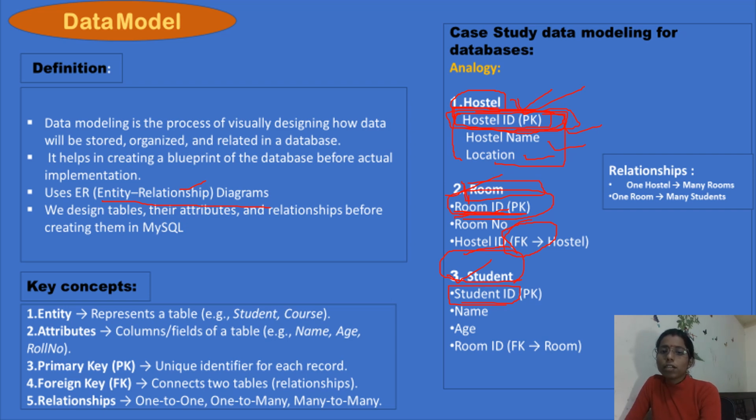Okay, and one more table is there, the room table. We are taking suppose 2 tables, hostel table and room table. In the hostel table, hostel ID is the primary key, but in the room table, room ID is the primary key. So one left a hostel ID. But what I told